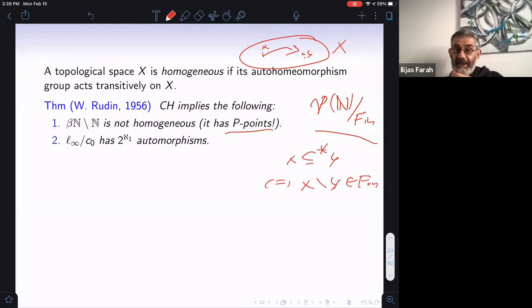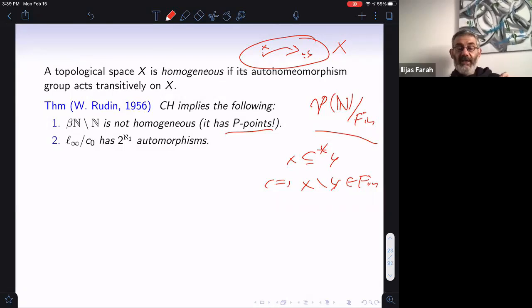Now, the fact is that not all points can be P-points, because if you just take a countable subset of beta N minus N, that countable subset has to have accumulation points. And if a point is an accumulation point of a countable set, it is not going to be a P-point. Because for each one of those points, you can pick an open neighborhood which doesn't contain it, so that their intersection cannot contain an open neighborhood of your accumulation point. So this was Rudin's motivation. This was somewhat of a digression, but